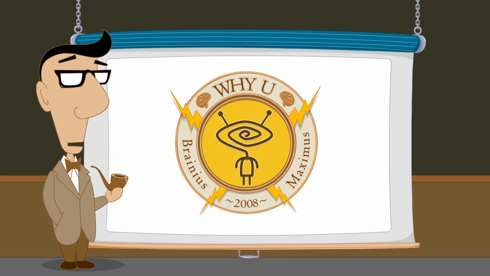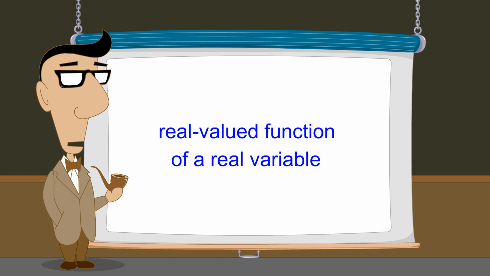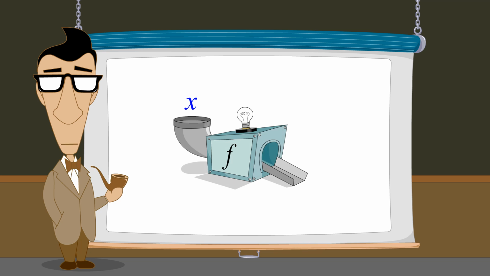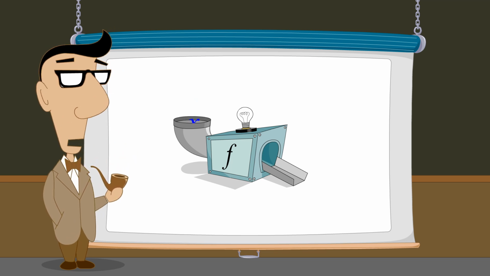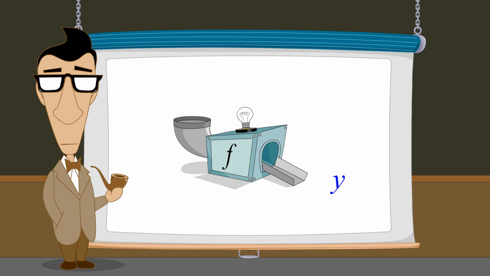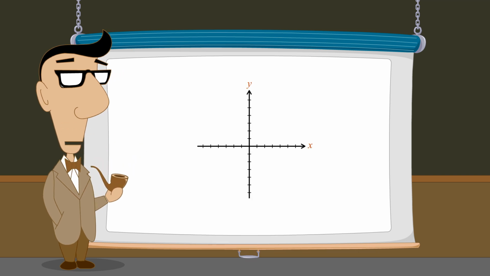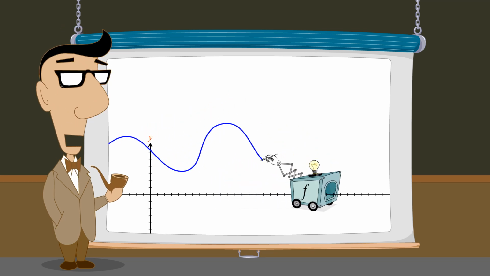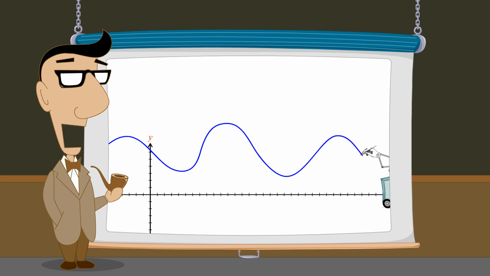We have seen that many functions encountered in mathematics are real-valued functions of a real variable. These functions take their input values from a real variable called the independent variable, and for each valid input value produce one specific real output value. When x is used as the input variable, the output value is typically assigned to the variable y, called the dependent variable. These values of x and y can be visually represented on the Cartesian plane. This visual representation is called the graph of the function, and the process of creating it is called graphing the function.